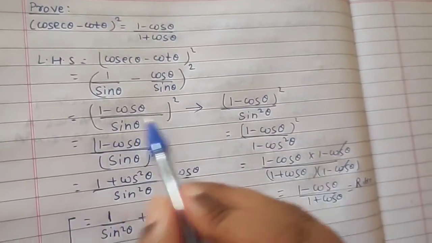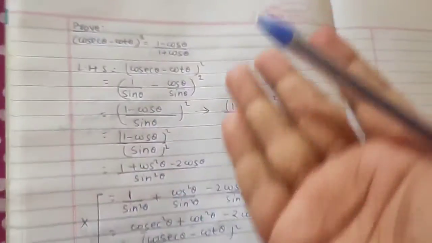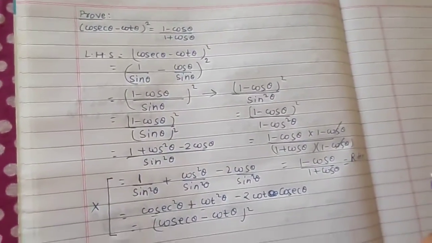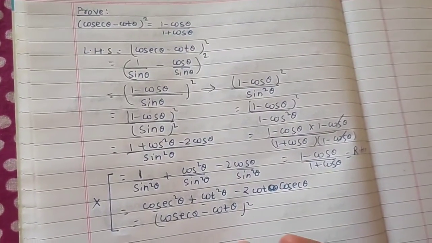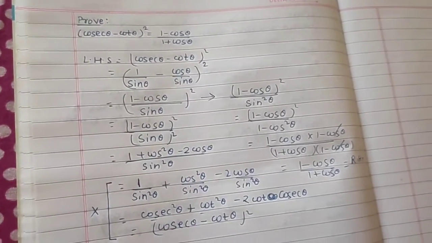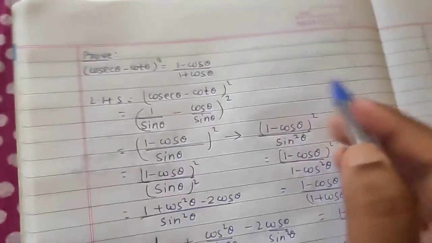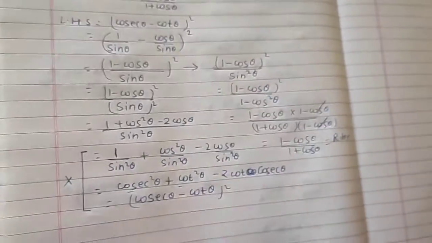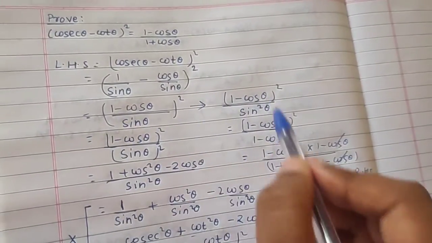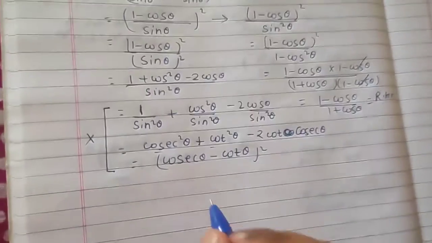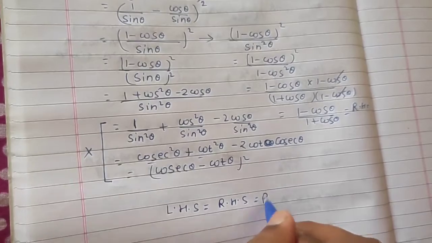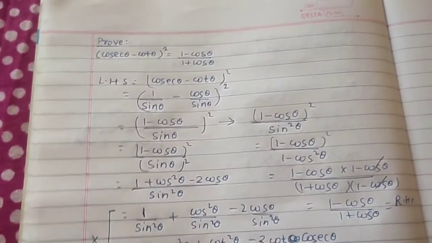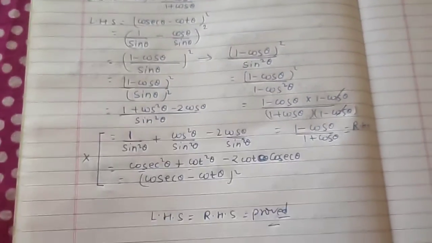Now we started from this step only. This was just a pathway which is important, because no one will tell you when you are proving that you need to go to this pathway or not. It's you who will decide what you will have to do to reach this final destination. So this was also important, but after this step we move to this pathway, and we finally reach LHS equals RHS, hence proved. An important thing you learned in this question is how to approach this type of questions. That's it.